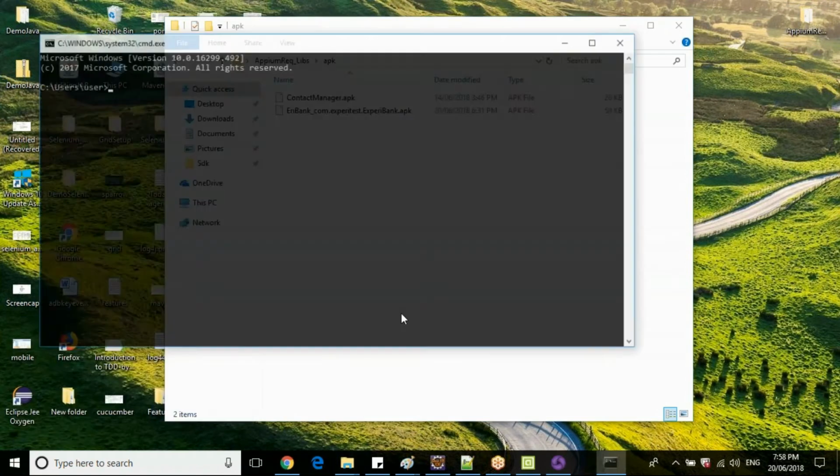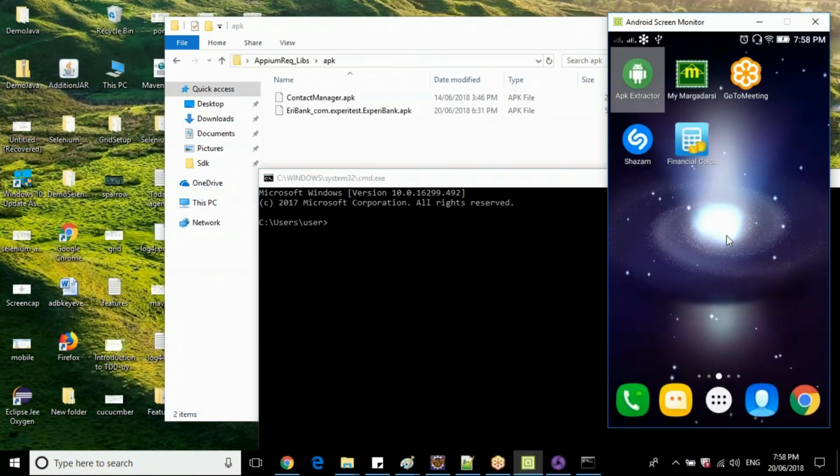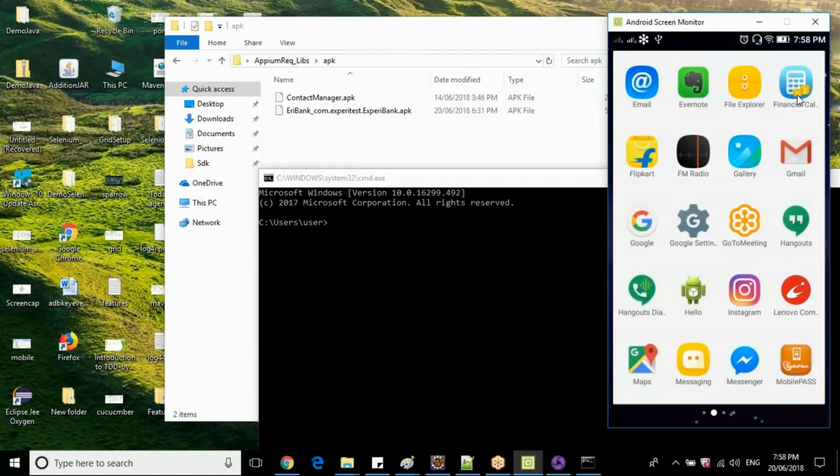So how do you install your application into your mobile device, guys? I have my mobile device here. If you see here, I don't have the AnyBank application. Only two applications I have, email and Evernote. So I need to install this application into this mobile device. How can I do that? My developer has given this APK file.